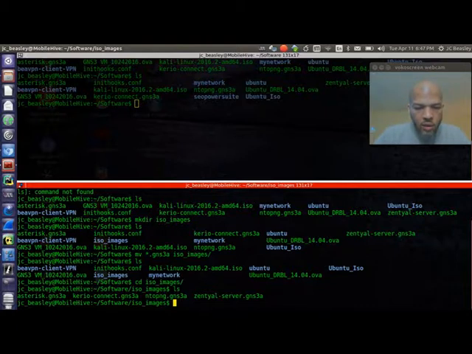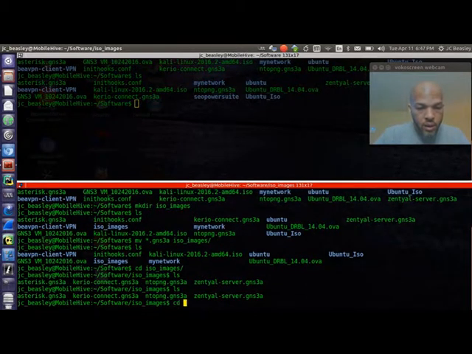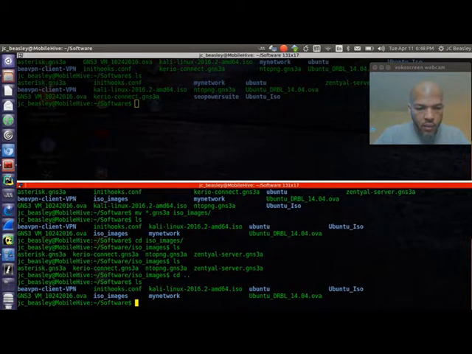Now let's say you want to clean up some stuff. How do you get rid of that directory from the command line? Very simple. So let's go back. I want to get rid of that. I don't need those ISO images, they're just taking up space. Let's get rid of it. So what you want to do is there's a